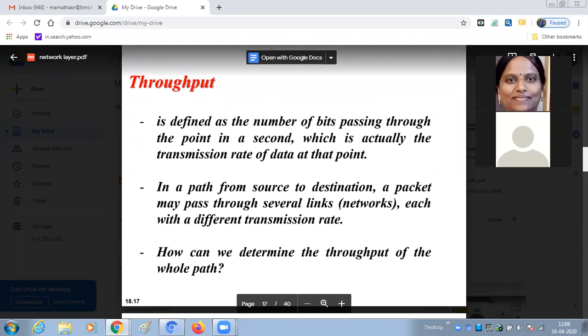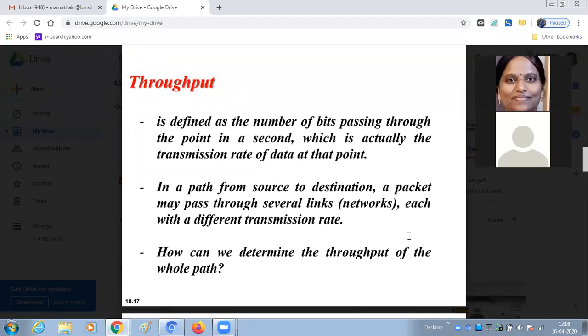So there are many chances that one link will have one transmission rate and the other link another. You're getting my point? Then how can we determine the throughput of the whole path? Because the path is not a common thing. From source to destination, there are several routers and several links.